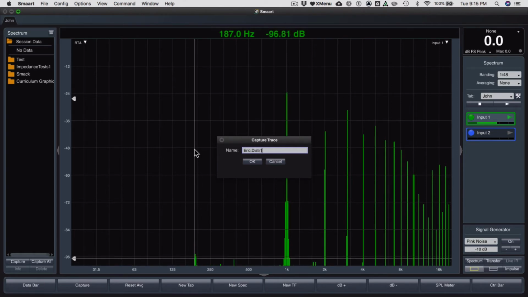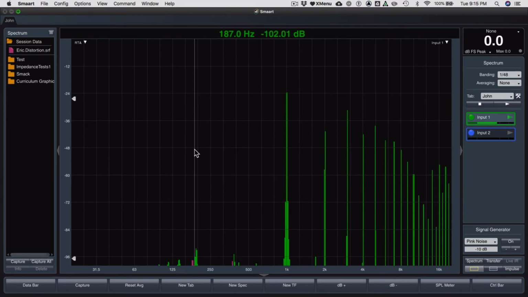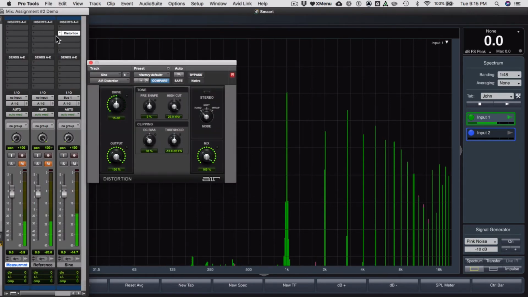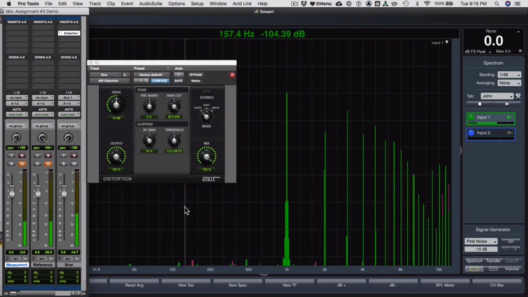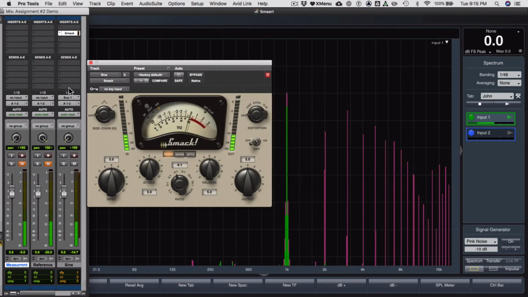And I've made this kind of fast for the sake of the video, but I recommend you play with it for a few minutes. You may want to check out some other things. Let me just show you something while I'm at it, something I was intending to show in class. There's a compression plugin a lot of people really like called Smack. And I'm going to hide the